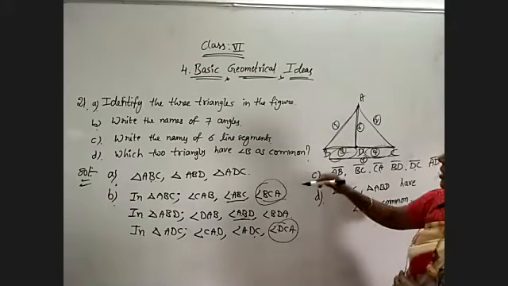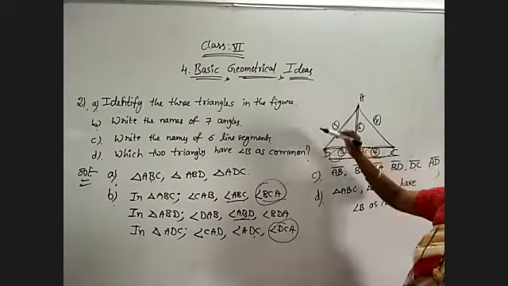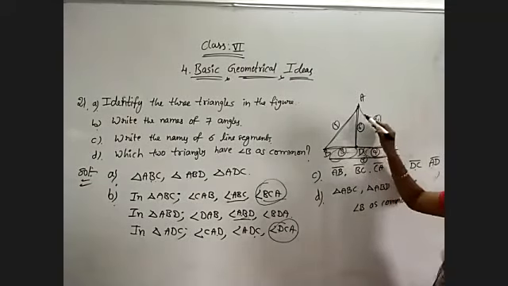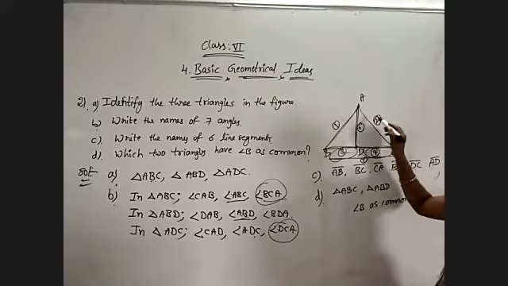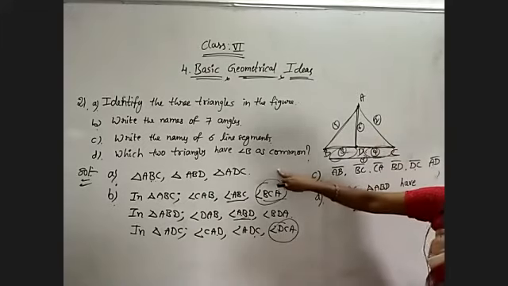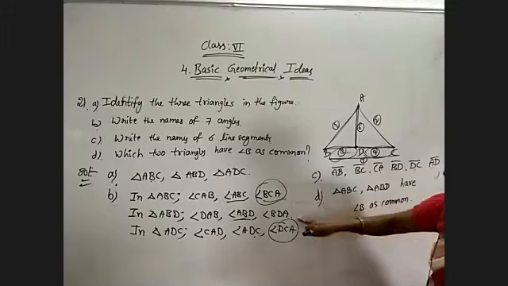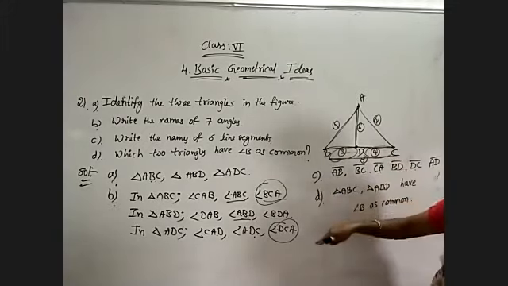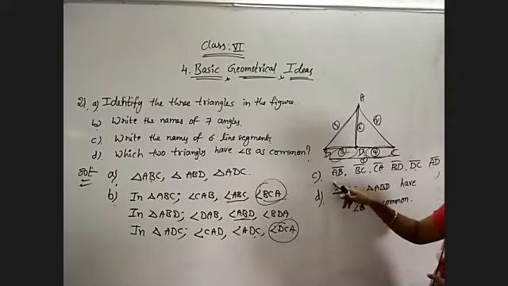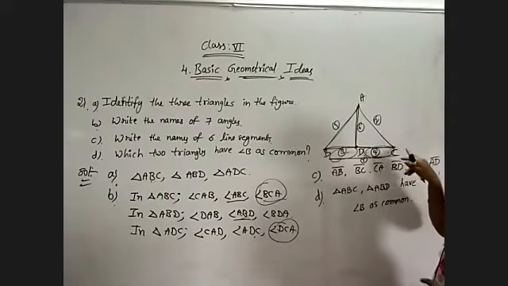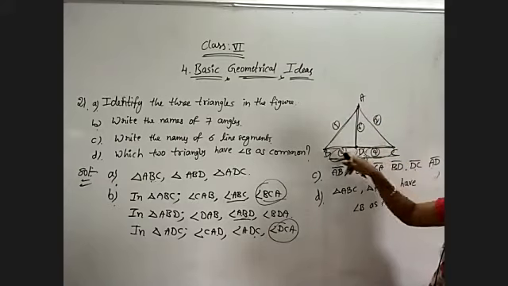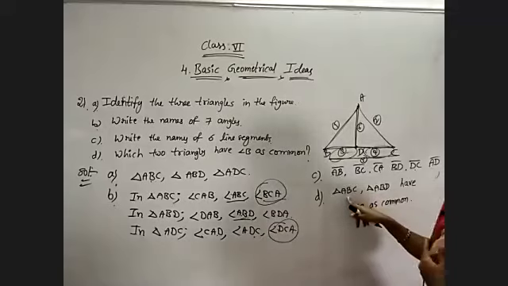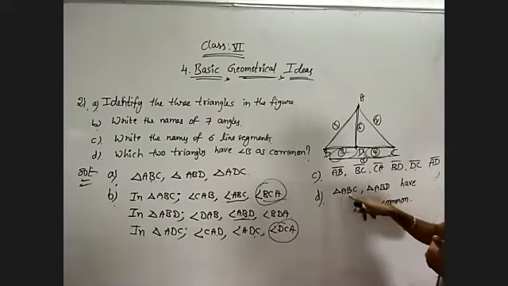Now observe this question. First question, they have given: write the three triangles. In this figure we are getting only three triangles, that is ABD, ADC, and ABC. Total three triangles we have, and in those three triangles there are three different angles, and two angles are common to both triangles. And a total of 6 line segments are there: AB, BC, CA, AD, BD, and DC. Angle B is common in ABC and ABD.